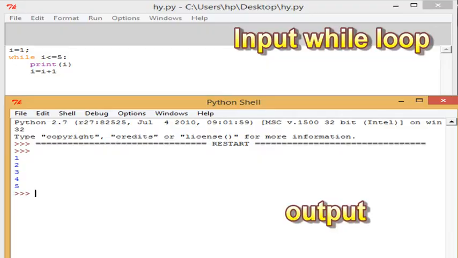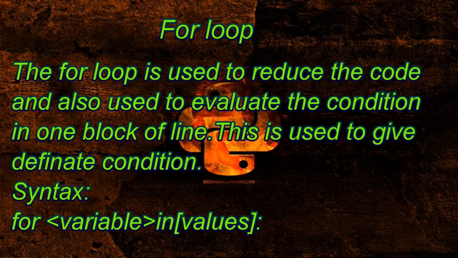The next type of statement that we have is the for loop statement. The for loop statement is basically used when we want to reduce the code and write minimal things so that we can get the desired output. A for loop is basically used when we need to declare the definite number of times that we want to run the code.